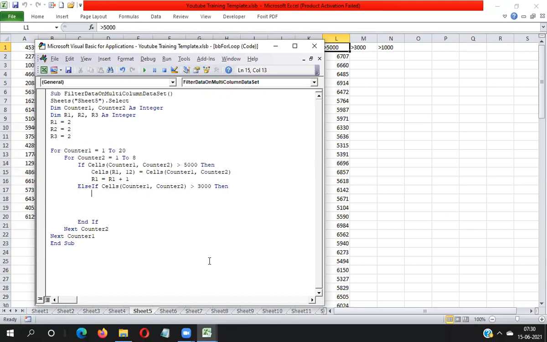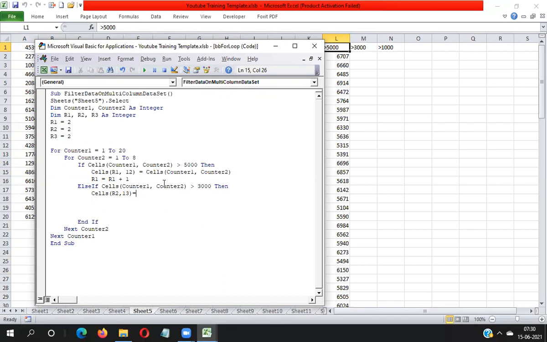M column is 13 number column. So write here cells R2 comma 13 number column, equal to what value you need to place.